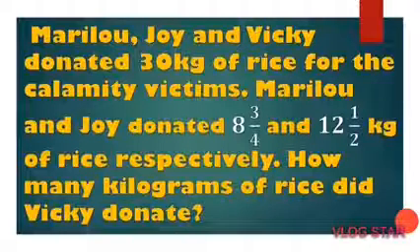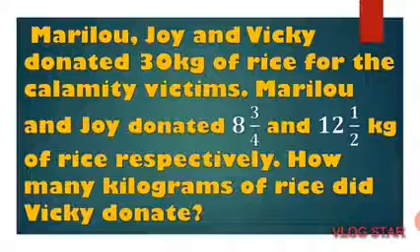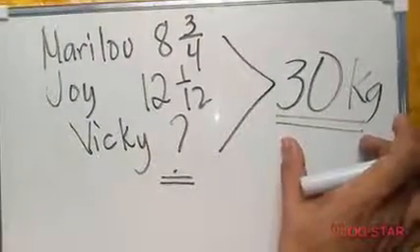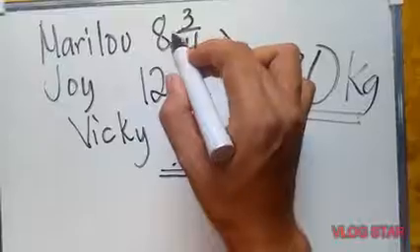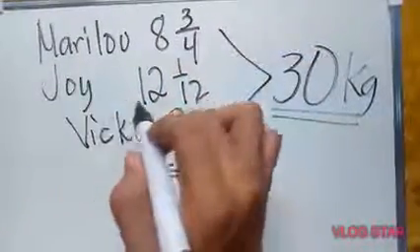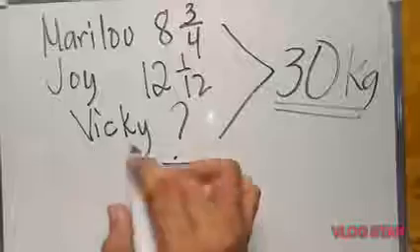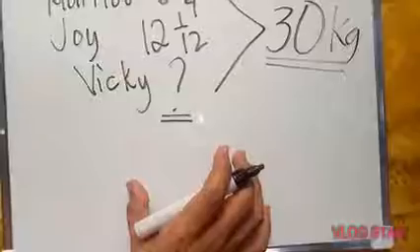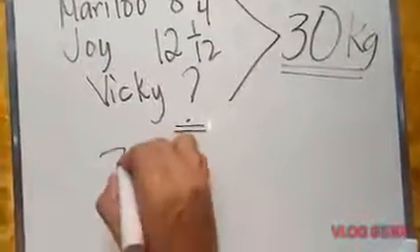For example, Marilu, Joy, and Vicky donated 30 kg of rice for the calamity victims. Marilu and Joy donated 8 and 3/4 and 12 and 1/2 kg of rice respectively. How many kilograms of rice did Vicky donate? The three girls donated 30 kg. Marilu donated 8 and 3/4, Joy 12 and 1/2. How about Vicky? If we write it as a mathematical expression, this can be written as 30